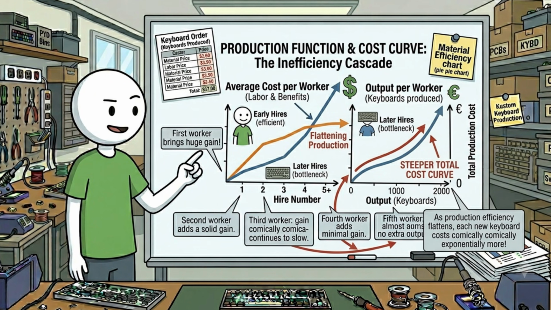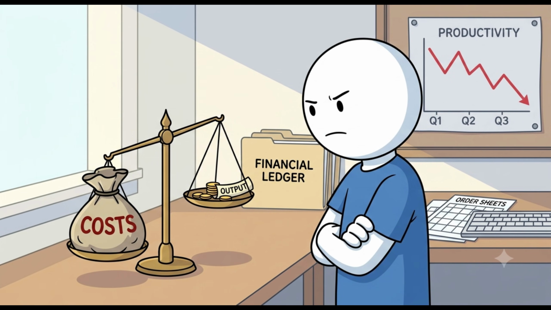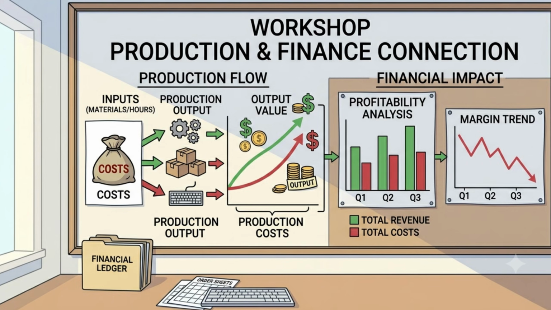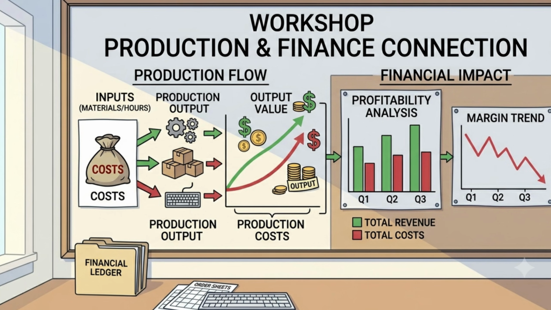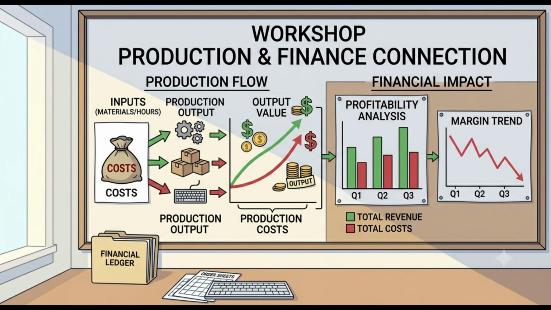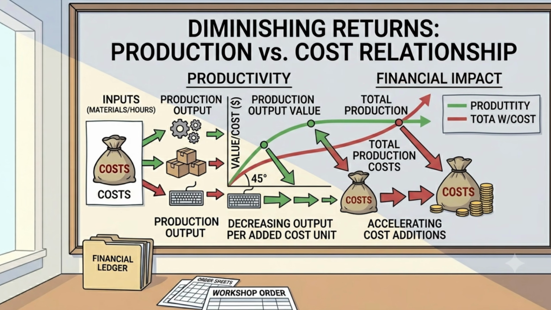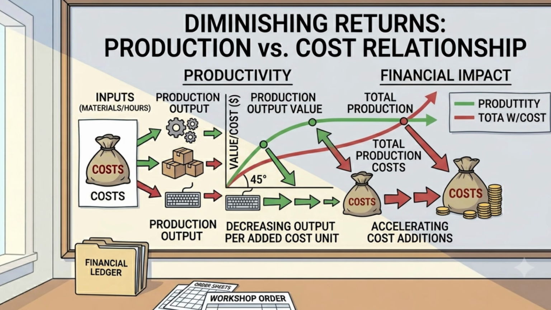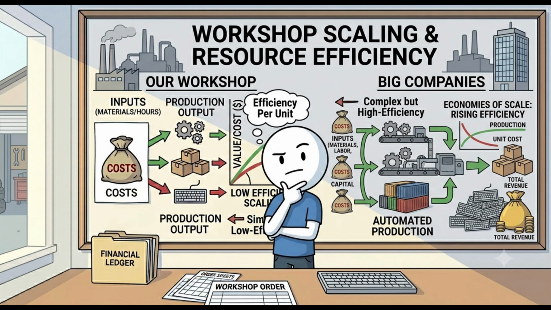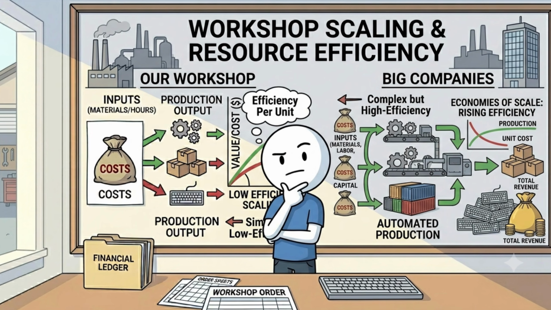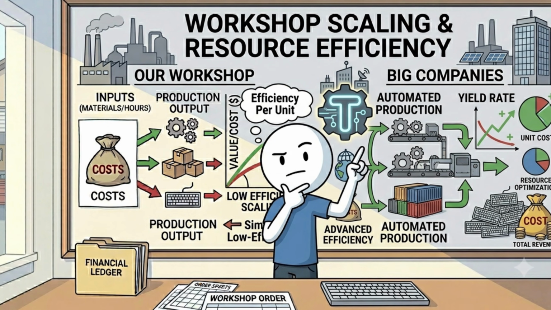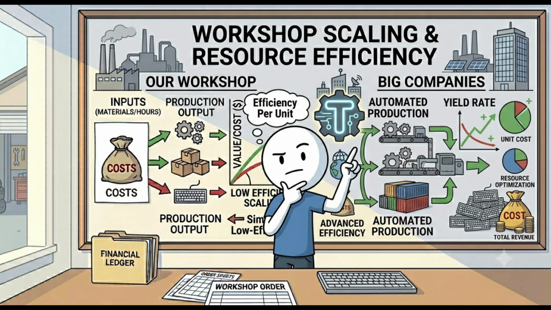When John looks at a giant corporation like Apple or Tesla, he isn't just looking at their products. He is looking at their production functions. Are they using their inputs efficiently? Have they reached a point where adding more resources actually slows them down? For John, mastering the production function is about finding the balance. He needs to know when to hire, when to stop hiring, and when it's time to invest in a larger factory. By understanding that every input has a marginal impact, he can make smarter decisions about how to scale his